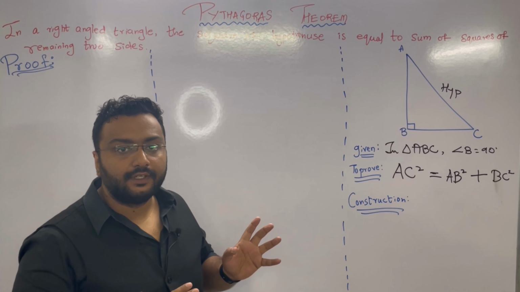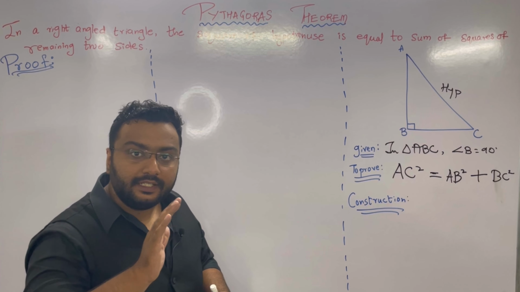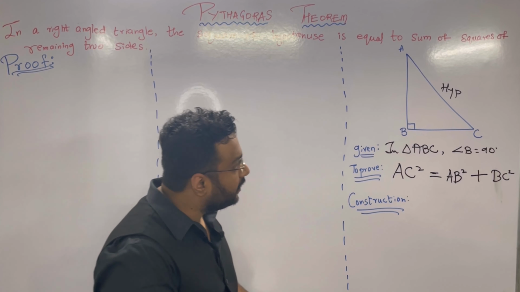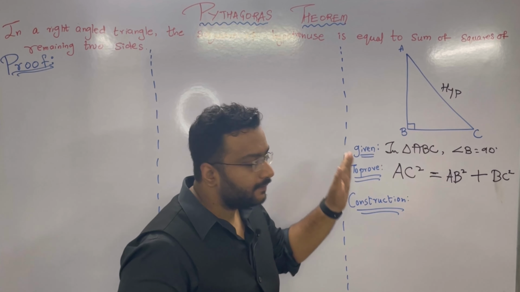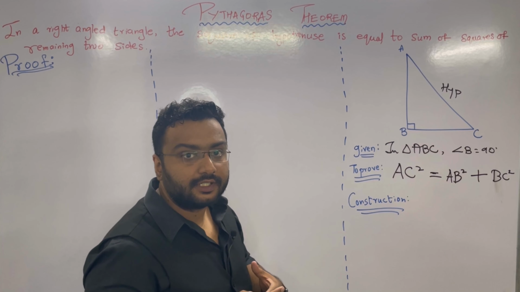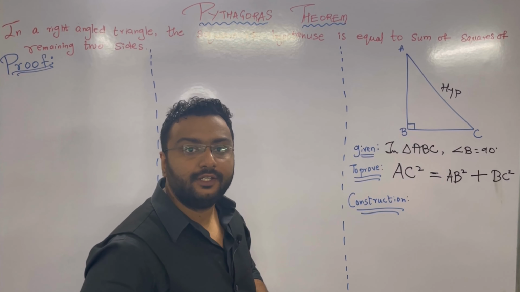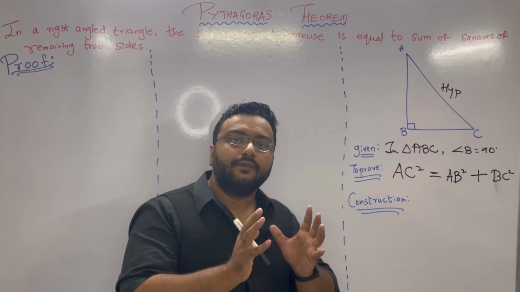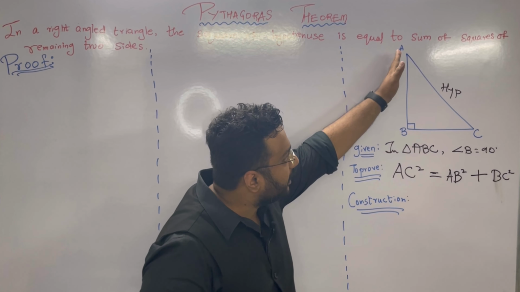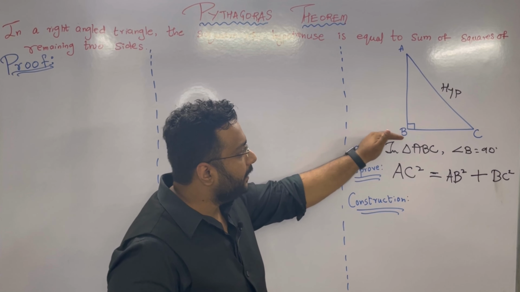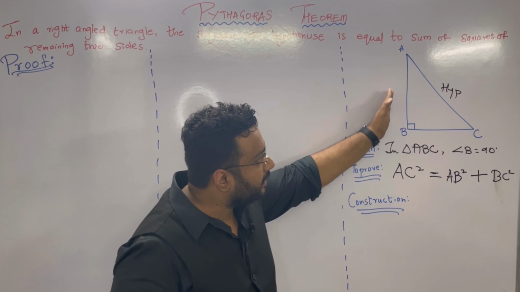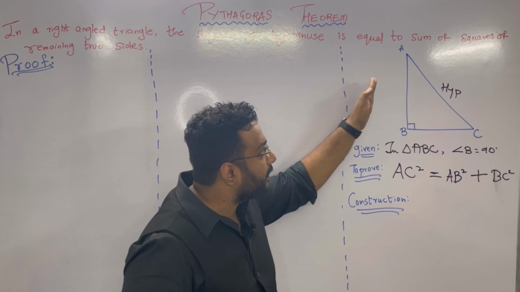Now observe this figure carefully. Think and tell me, if I need two triangles, or one more triangle, what can we do? See, in a triangle, whenever we need the help of a construction, I have already told you to always start with a perpendicular. Always draw a perpendicular whenever you need some construction in a triangle. So over here, we can draw a perpendicular from A, B or C. Think and tell me. If you observe here, a perpendicular from A is already there. AB is perpendicular to BC. So we cannot draw a perpendicular from A.